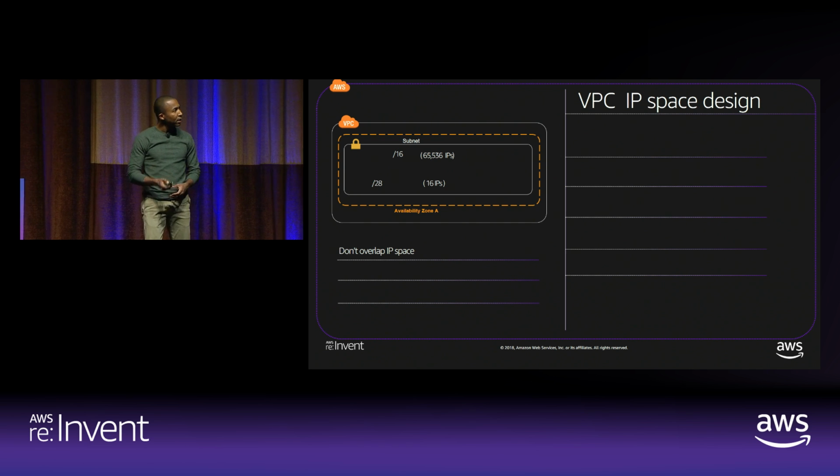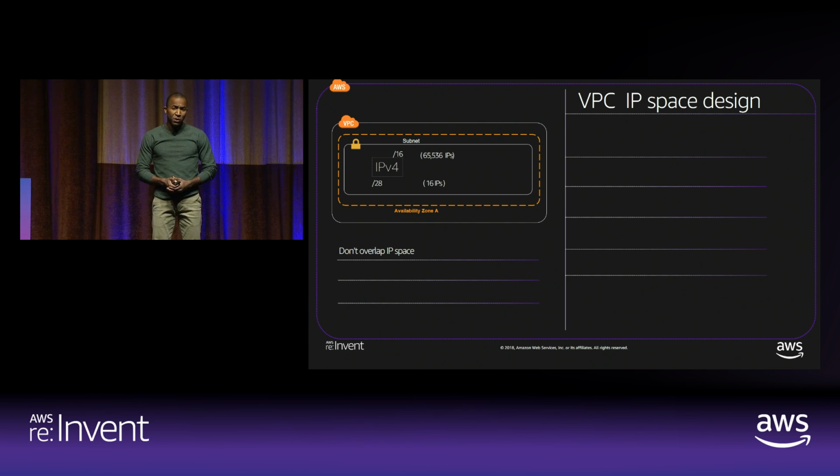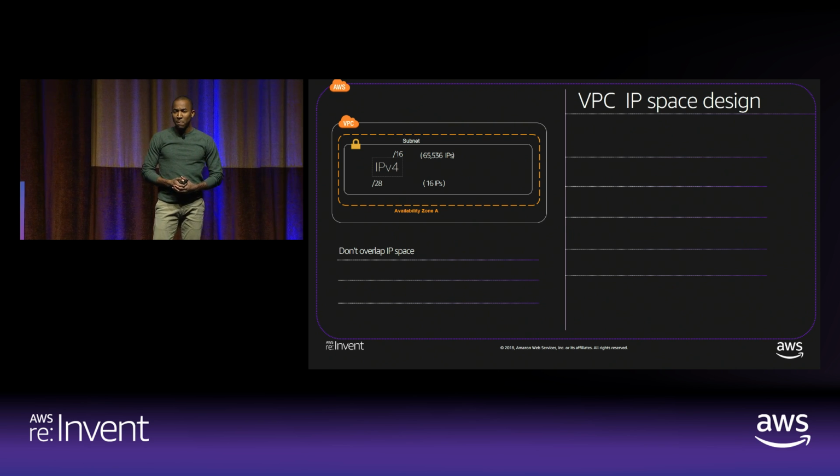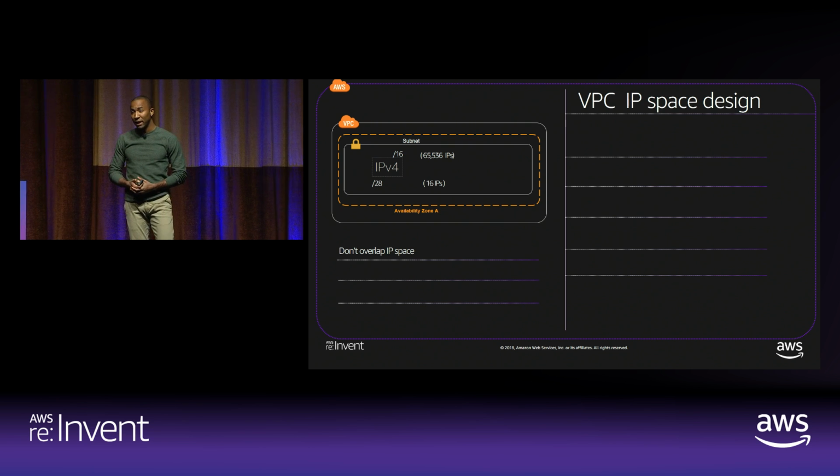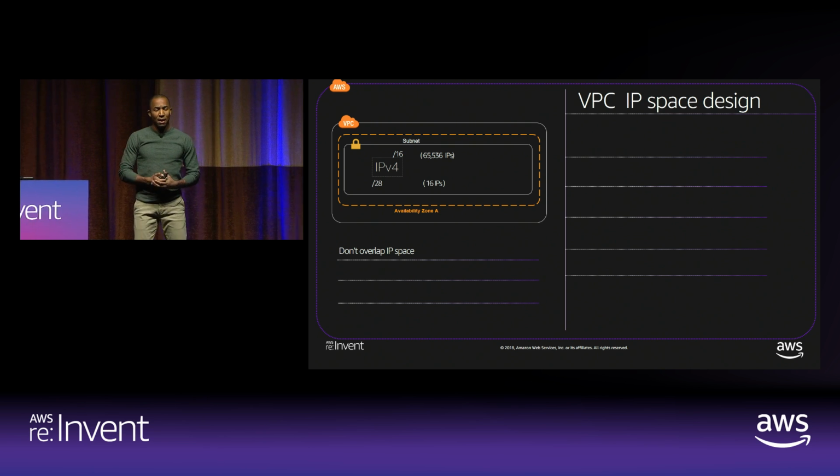The second thing that most customers generally think about is, what should the size of my VPC actually be? Today, I probably only need 100 IPs. I don't know how large my network is going to get in the future, how many servers I am going to migrate to AWS or build inside the environment. I'm not sure what my adoption rate is going to be. So where should I start?